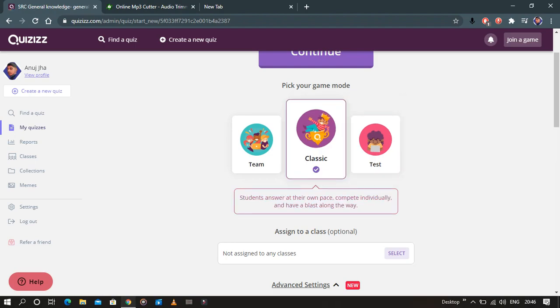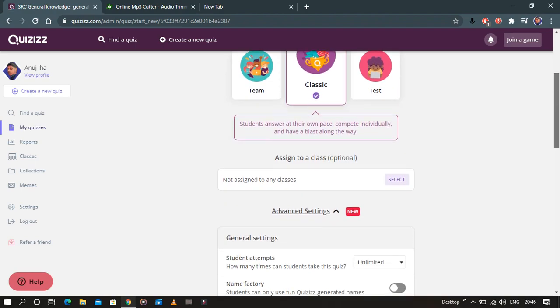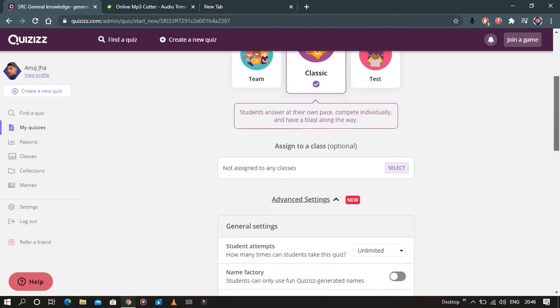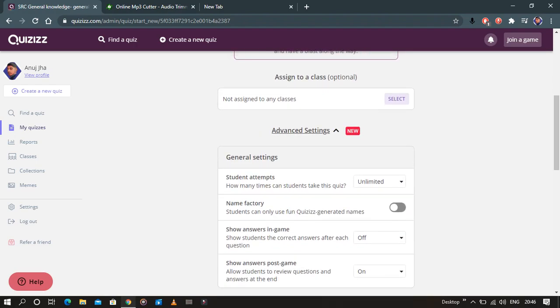Okay, so simply click on classic, and if you have an account on Google Classroom also, this option allows you to assign it there. So I'm going with classic. There are some advanced settings. This allows the students to attempt the quiz a number of times.